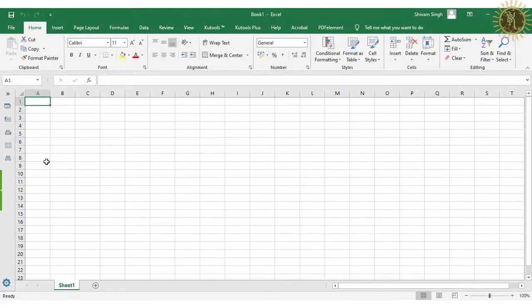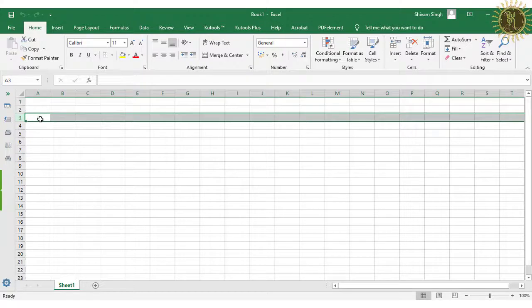Next is to select an entire row. To select an entire row, you just click on the row heading and the entire row will be selected. Just see, I'm clicking on this row heading and you can see that the entire row has been selected.